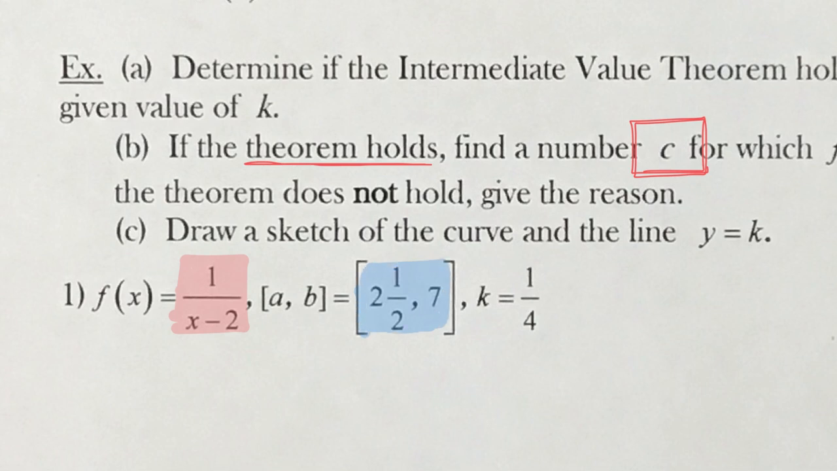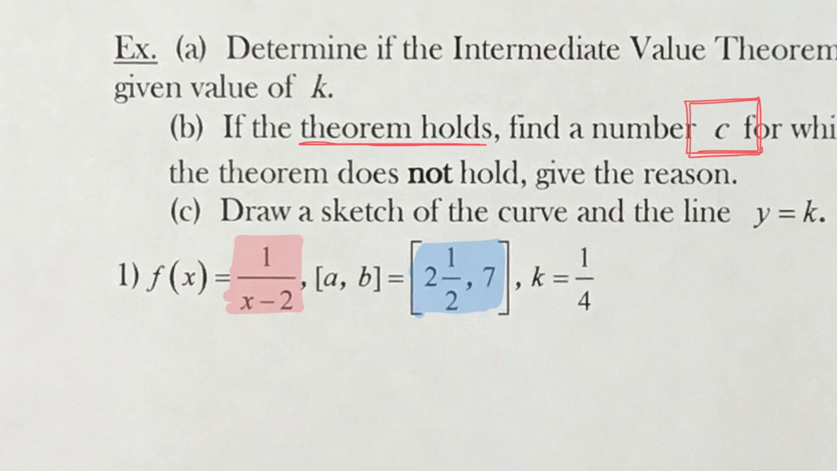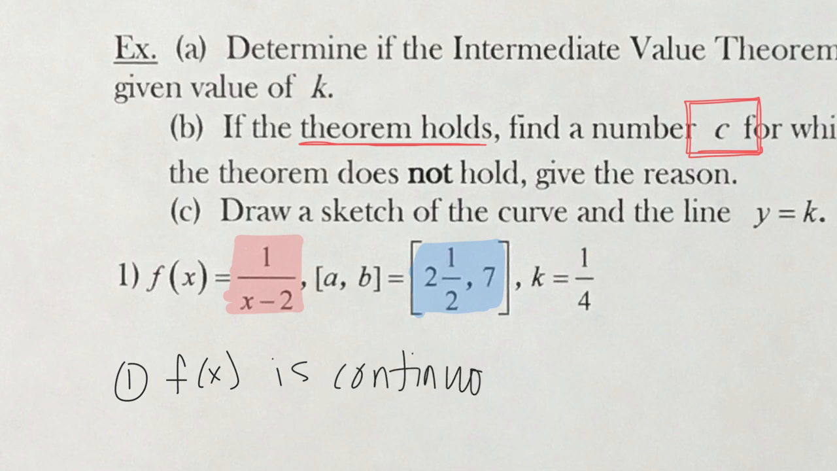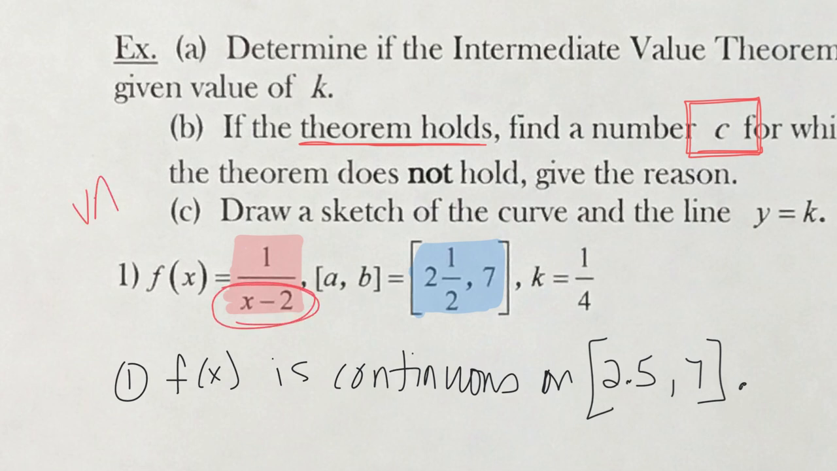So our first question is, is our function continuous on that interval? Yes or no? Yes, it is. Is continuous on 2.5 to 7. Okay, where is our function discontinuous? At x equals positive 2, right? This function has a vertical asymptote at x equals 2. So as long as x is not 2, as long as 2 is not in your interval, then our function is going to be continuous,